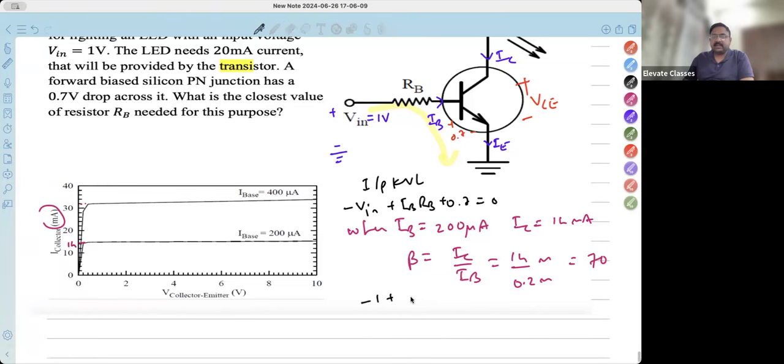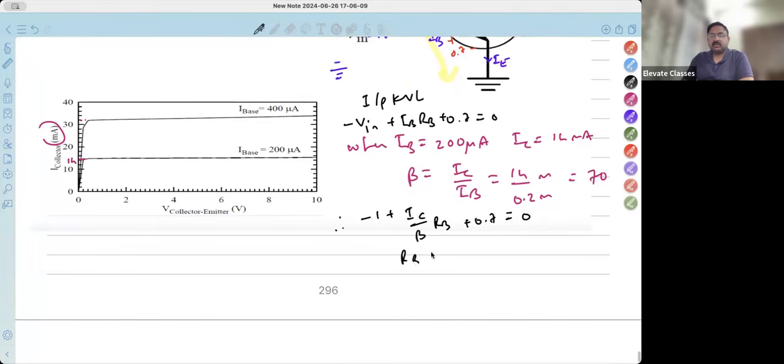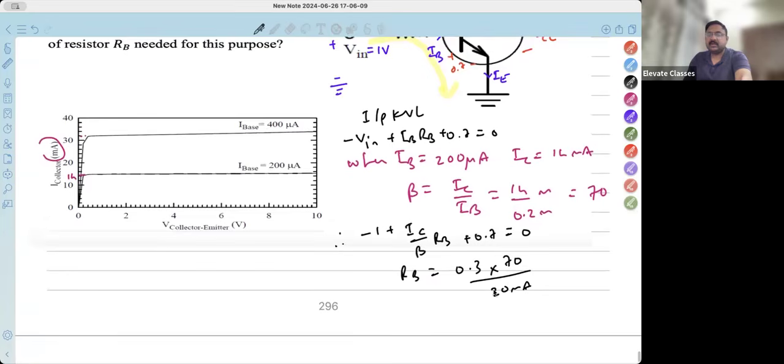IB कितना है? IB अभी भी नहीं पता मुझे। IB को मैं क्या लिख सकता हूँ? IC upon beta into RB plus 0.7 is equal to 0, है ना। इससे क्या हो जाएगा? RB is equal to 1 minus 0.7, 0.3 हो जाएगा। IC upon beta कितना हो जाएगा? बीटा 70 था, और कलेक्टर करंट कितना दिया था उन्होंने? 20 मिली एम्पियर्स। तो अब इसको सॉल्व करो, ये 0 0 कट हो जाएगा। फाइनली मुझे किलो ओम्स में आंसर बताना।